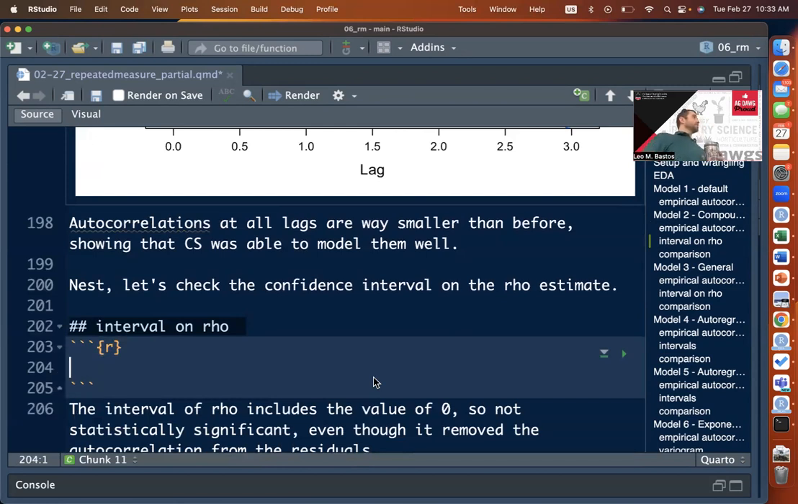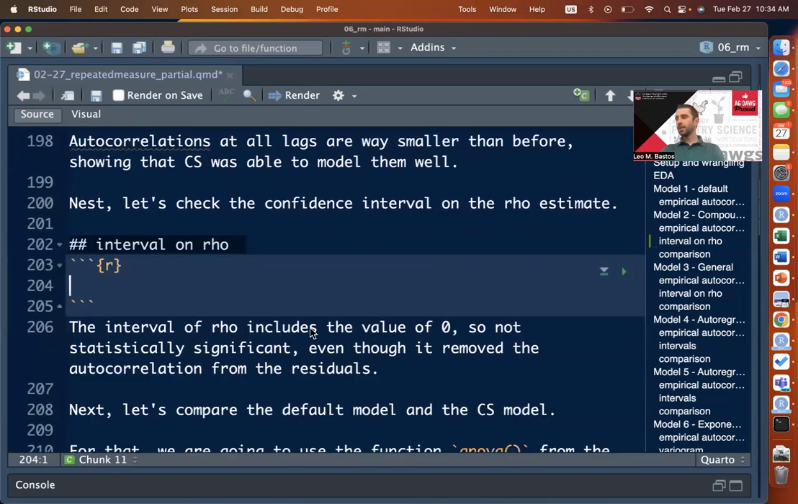One thing that we can do is to ask for a confidence interval on rho. What we want to see is a confidence interval that does not contain 0, because that would mean that the coefficient rho is significantly different from 0, which is what we would hope to have if our errors are truly correlated. So here, the function that we're going to call is just intervals,